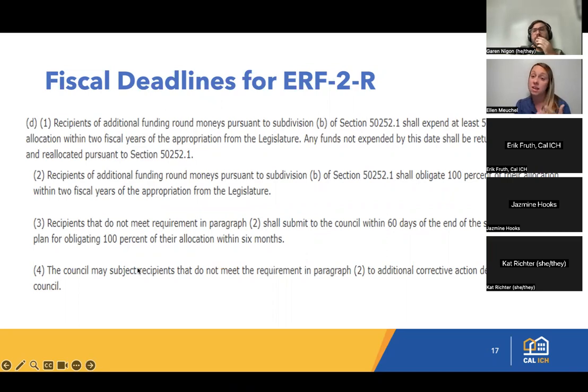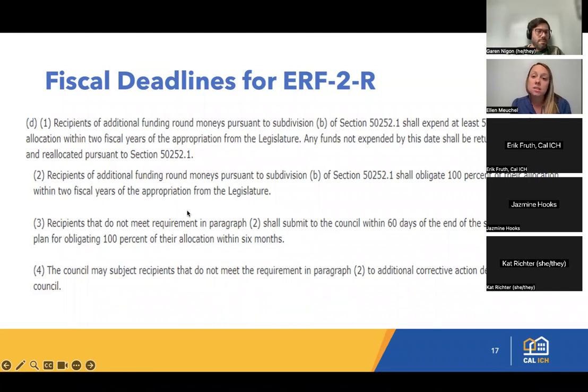Because this funding was on a rolling application basis, the way that it was written and the way that it was allocated is that the deadlines were established 2 years from the appropriation of the legislature. And so that's when the legislature released the funds. It did not coincide with necessarily the application nor your award date. And we know that that can cause a little bit of hardship on our grantees. So we've created some hopeful tools and workarounds to help meet these deadlines.